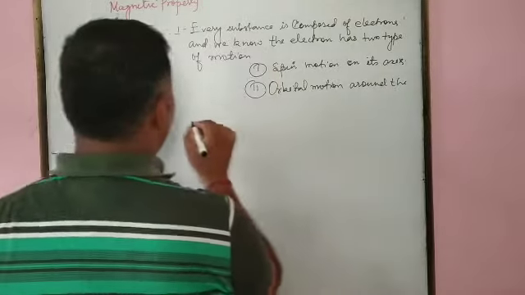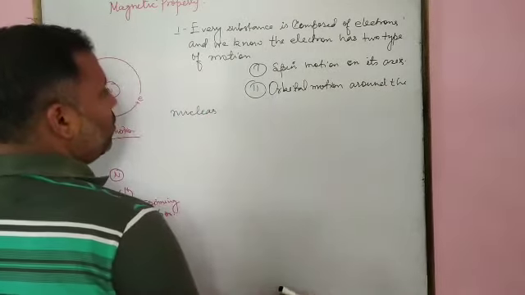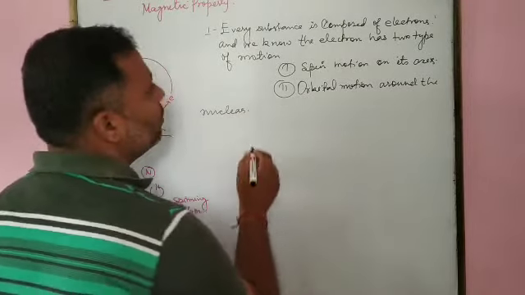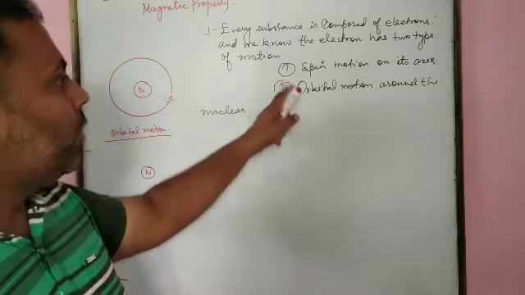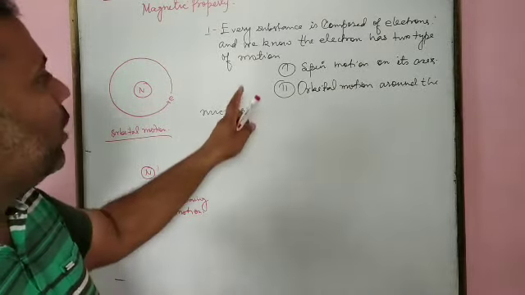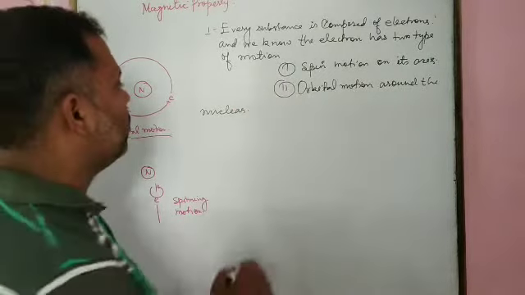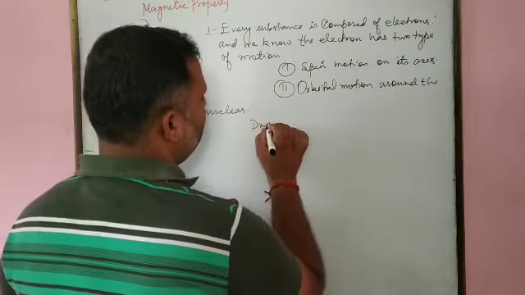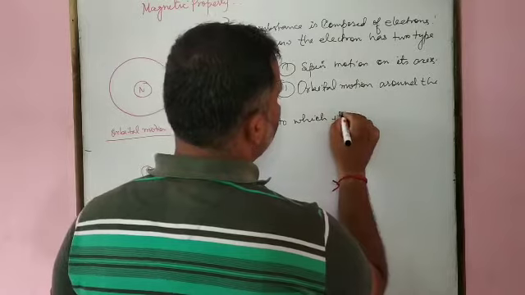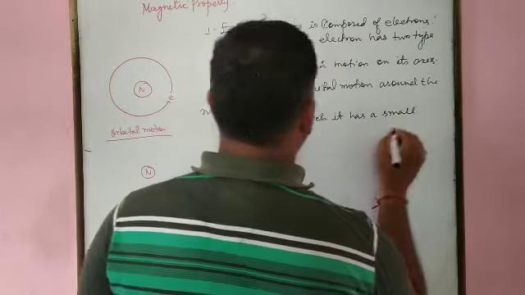Around the nucleus. Due to this motion around the nucleus, orbital motion and spin motion, the electron, what we know, has permanent spin and orbital motion, due to which it has a small magnetic moment,